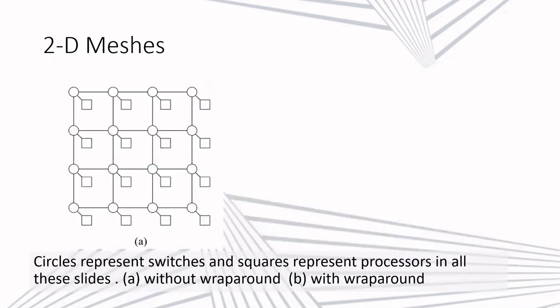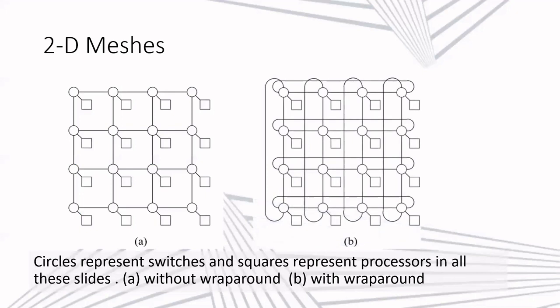So we are moving on to the first topology, which is a 2D mesh topology. The two-dimensional mesh network that you see in this diagram has processors represented as square nodes and the switch nodes represented as the circle nodes. You can see that it is a direct topology. Why? Because the number of processors is equal to the number of switch nodes. Every neighboring switch node is connected in this arrangement.